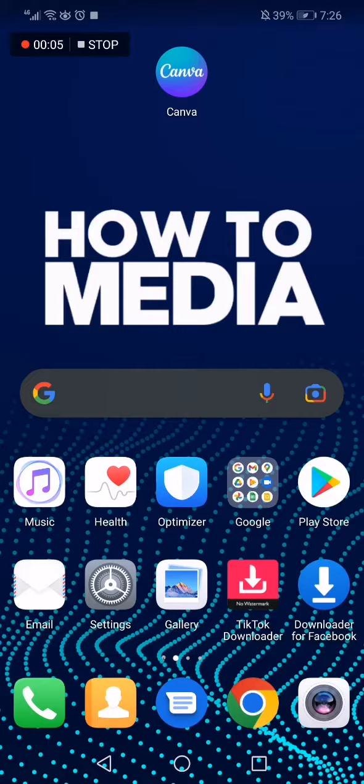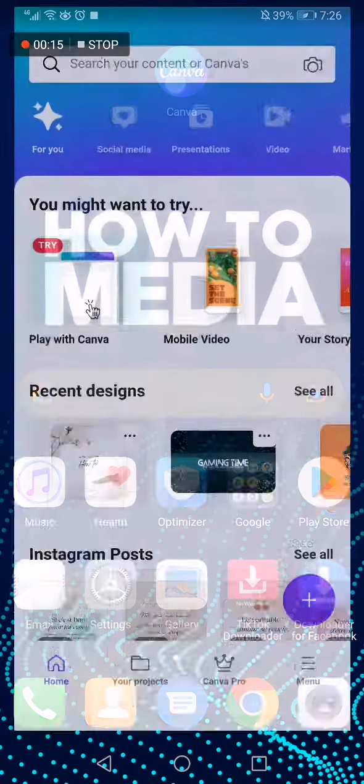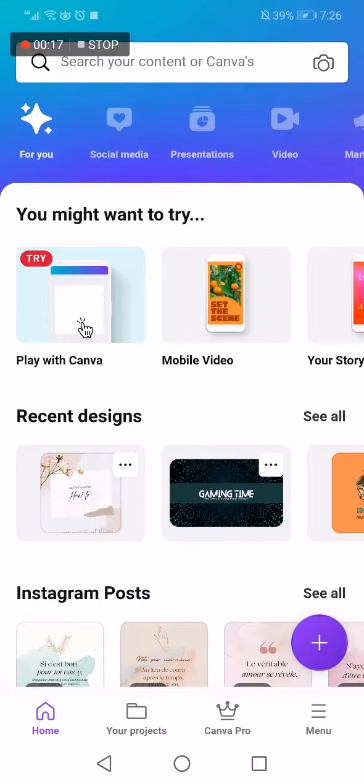How to create a good poster with Canva app fast and easy. Hello guys, in today's video I'm going to show you how to make a good post with Canva app fast and easy method. So all what you have to do is go to Canva app like this,